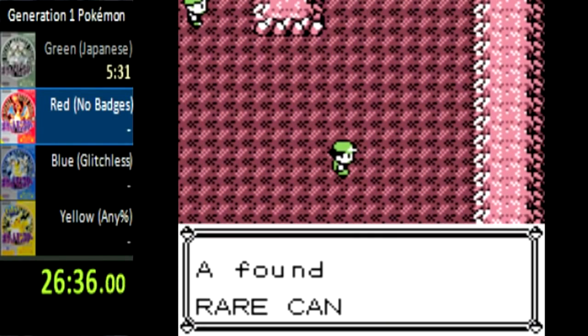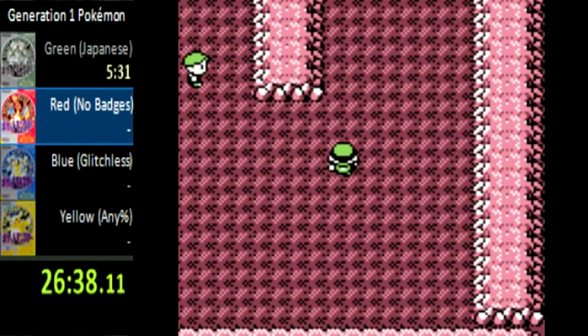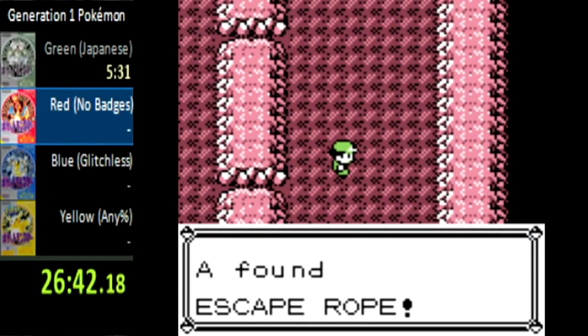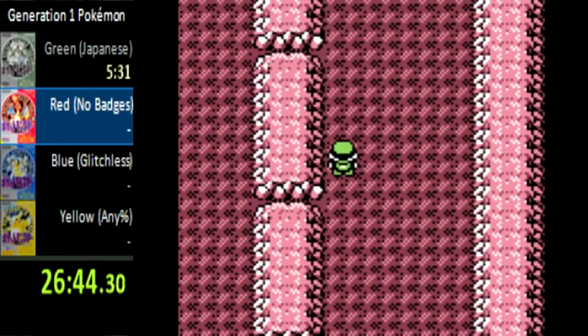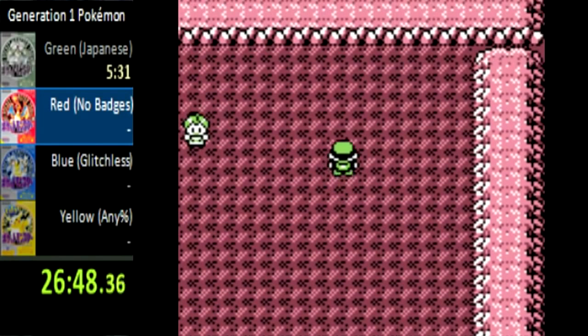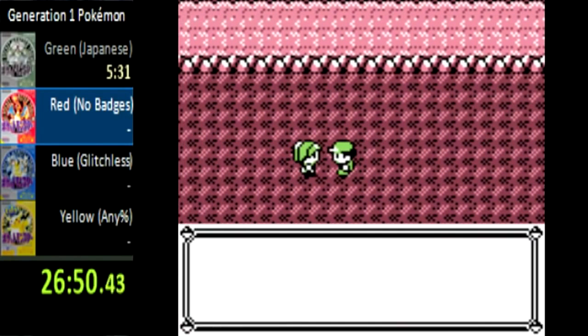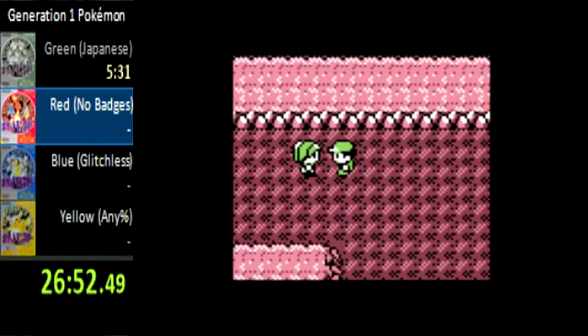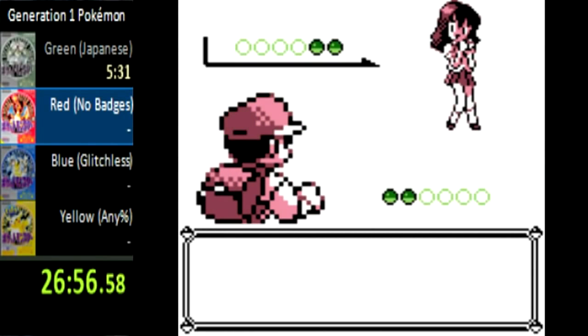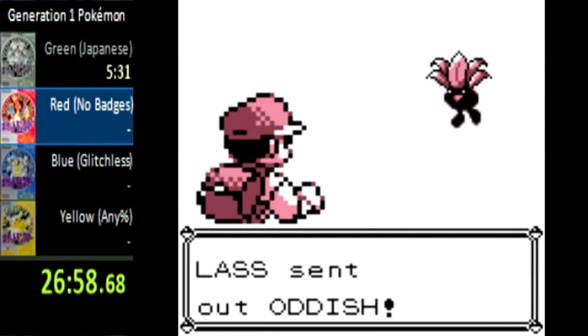Alright, so the important thing is to get the rare candy here. And the escape rope. Need both. Once again, I'm filling up item slots. Not so much how many, not like how many potions, but how many different types of items I have. I need to make sure I have at least 6. And since these are just sitting here and I don't have to buy them with what little money I have,